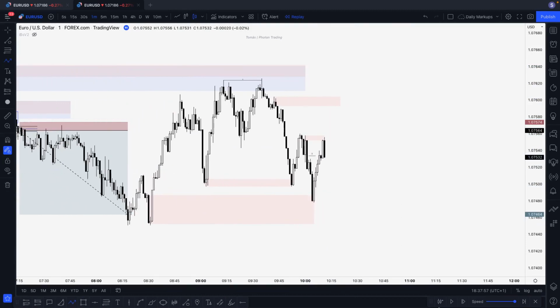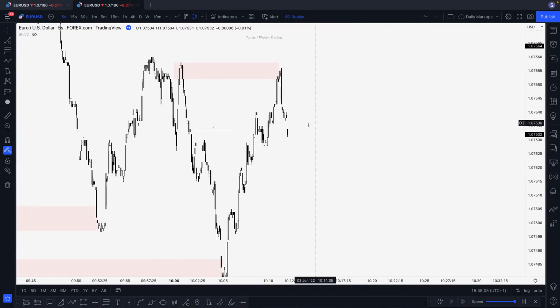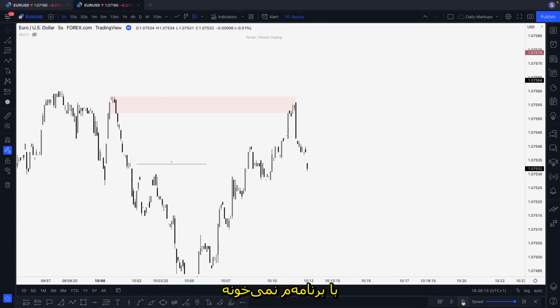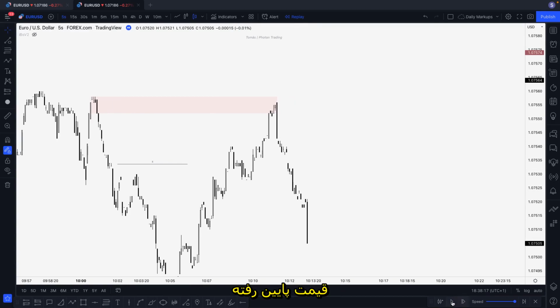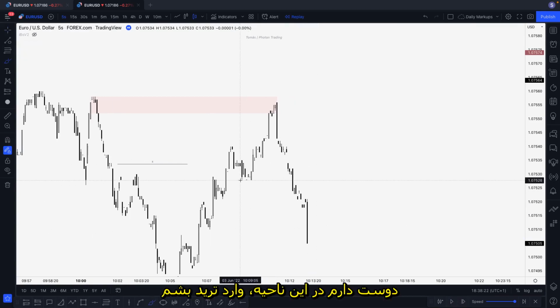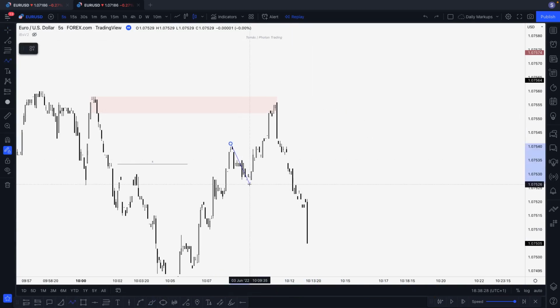So when price reached here, I personally jumped to the 5S because it's how I trade, and there was no entry according to my plan, unless you took a stop order, but I don't like stop orders, so it's not according to my plan, and I kept falling price. At this stage, I'm not looking to take a trade on 5S. I want to take a trade in this area, and you can see the M1, the M1 shock, the flip, this was a gap.